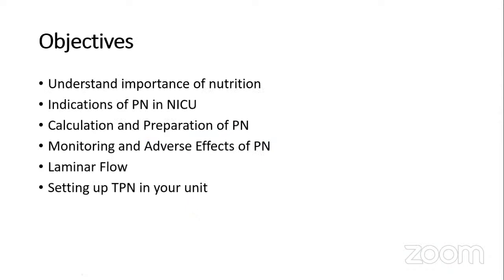Also, perfect. So the TPN workshop is actually a half day or a full day workshop, but I'll try to be as concise and practical as possible. So we'll just skip through the importance of nutrition, indications of parenteral nutrition in the NICU, calculation and practical preparation of TPN, monitoring and adverse effects, a little bit about the laminar flow, and